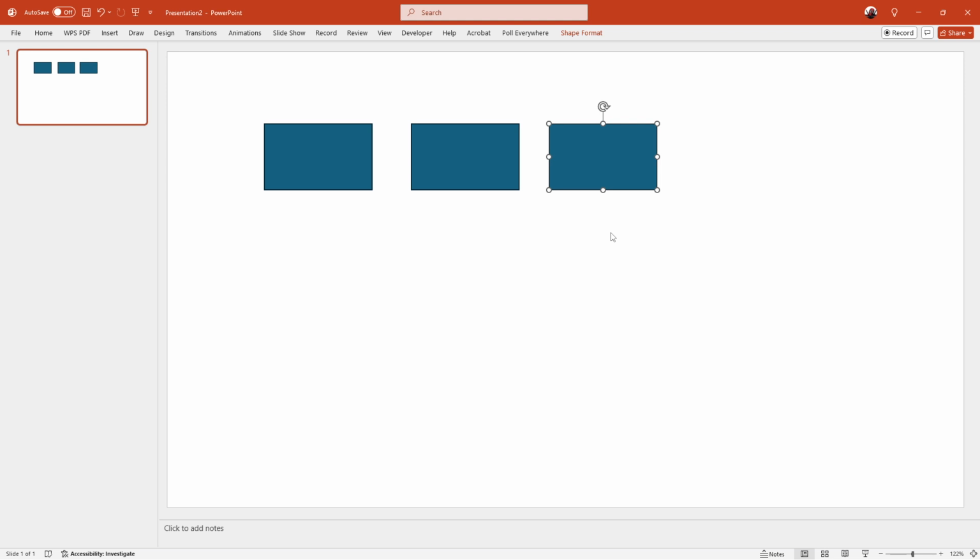Our final method involves using a combination of the mouse and keyboard for duplication, a trick that some find more intuitive. Start by selecting the shape you aim to duplicate. Next, press and hold the Control key on your keyboard. While keeping the Control key pressed, click on your shape, then drag it to the position where you want the